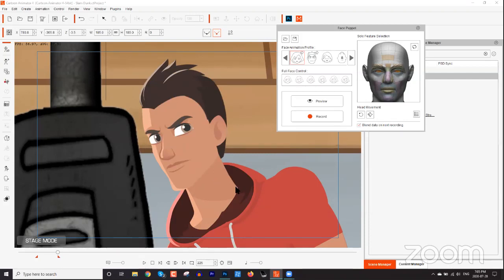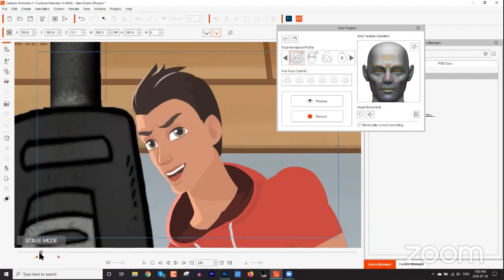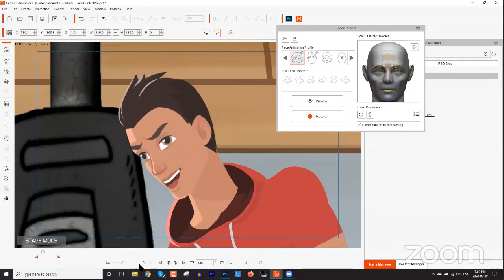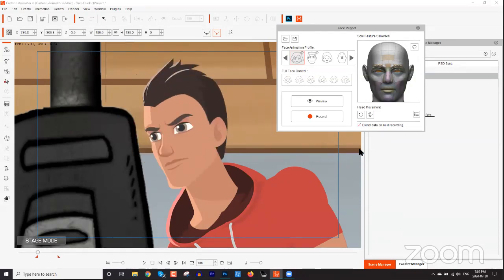Now, if we wanted to go more specific, we can say, for example, at one point I wanted to raise only one of my character's eyebrows. What I can do is go over here to blend data on next recording, select clear again and just select something like just the eyebrow. And if I preview, you can see I can move that one eyebrow separately. Okay, so if I record,